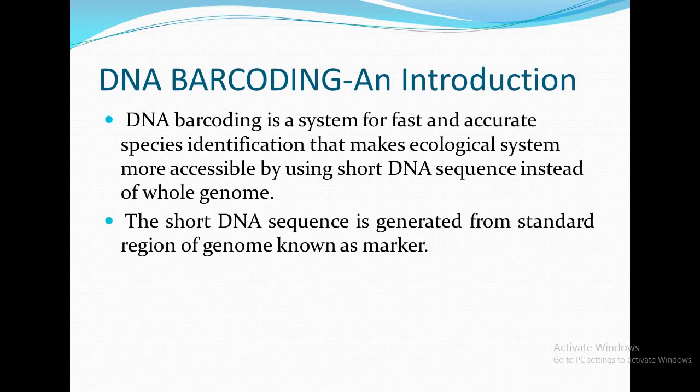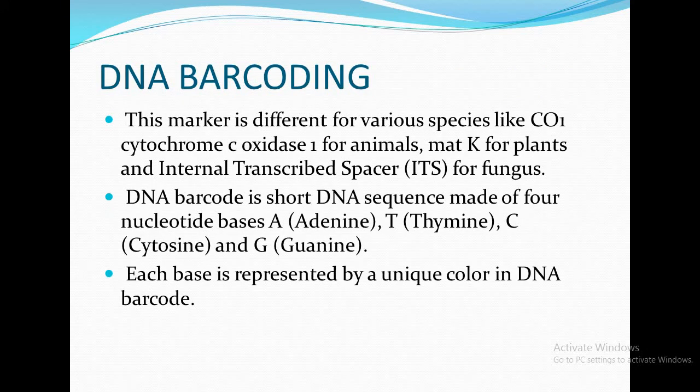What is DNA barcoding? DNA barcoding is a fast and accurate system to identify species by using a short DNA sequence instead of the whole genome. This short DNA sequence is generated from a standard region of the genome that is known as a marker. This marker is different for various species, like CO1, Cytochrome C Oxidase 1 for animals, MATK for plants, and Internal